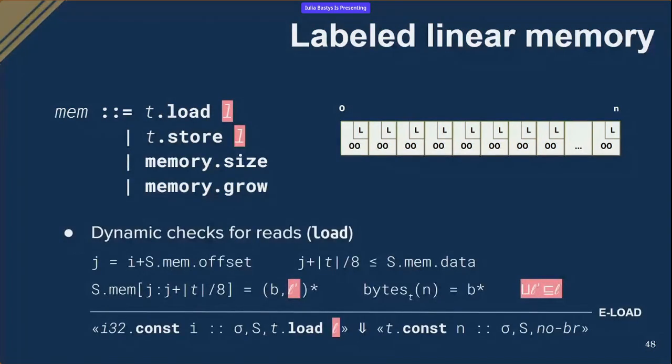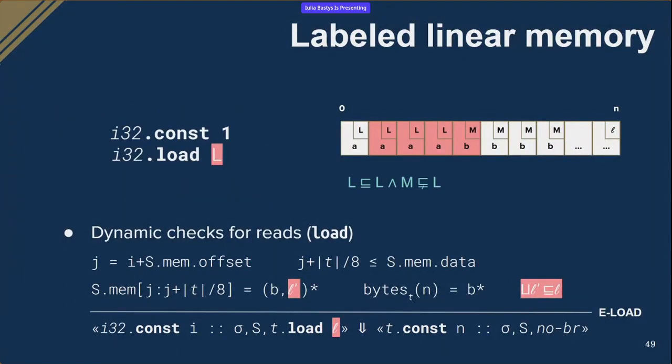And we employ dynamic checks when reading from the memory. So let's say now that we want to read, we have the memory here on the slide, and we want to read the value which starts at position 1. We are reading a 32-bit integer, so we are going to read from 4 locations, but we want to read a low value. And we note that here on the 4th location, there are already stored some bytes from